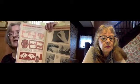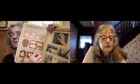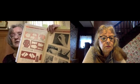Yep. So let me see. All kinds of goodies in here. It tells you cutting novelty fabrics and how to lay out so you get your patterns to match and your plaids to match and how to do that in this one. Of course, lots of hand stitching, lots of references there. They give you,